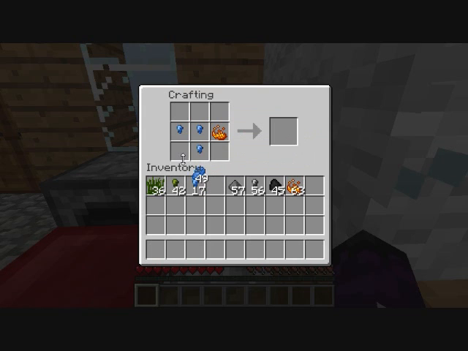What you do is you just combine any type of dust, and then...